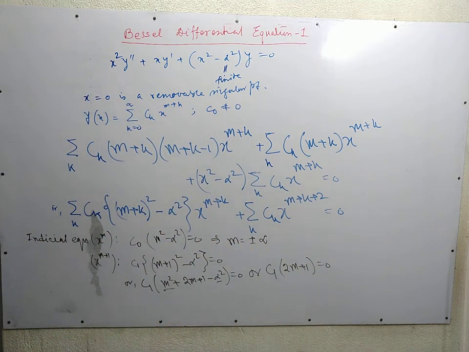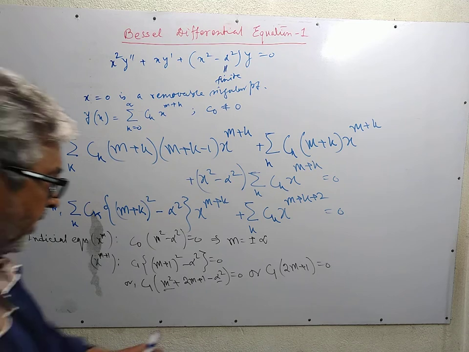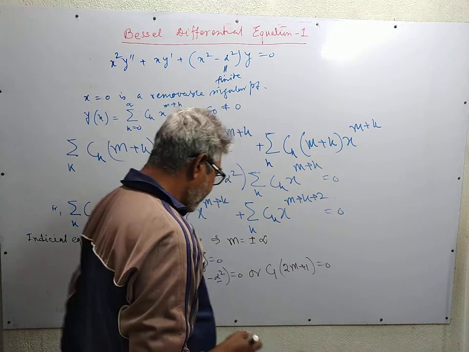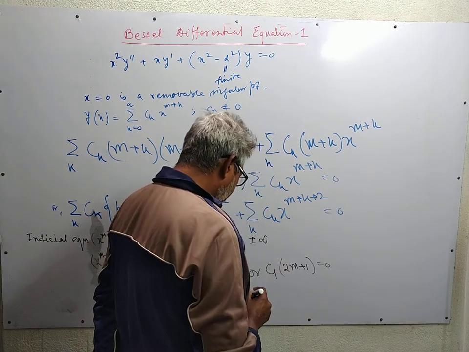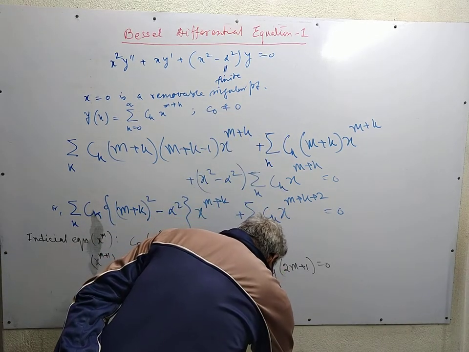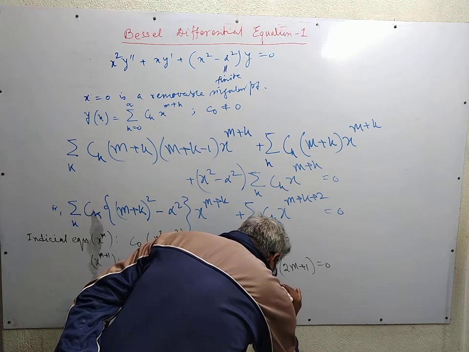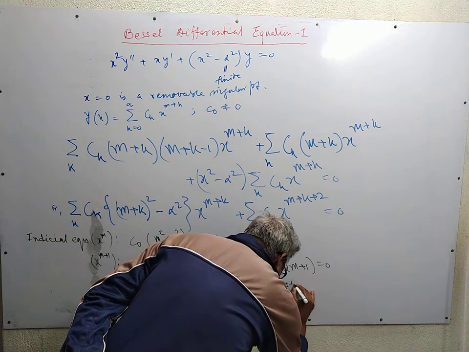If m is equal to plus minus half, that is, if alpha is equal to plus minus half,